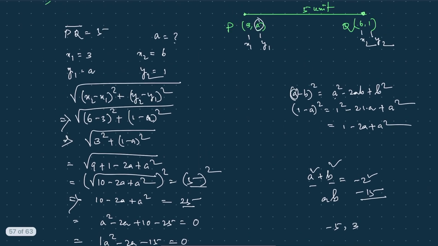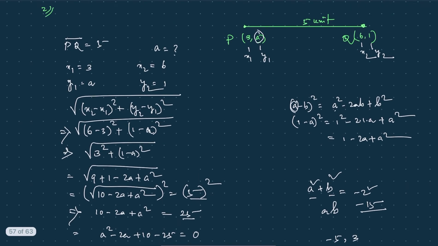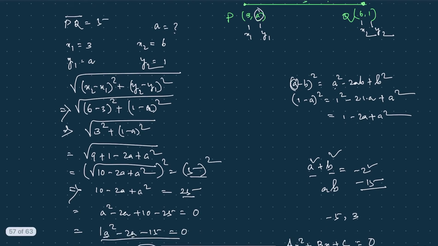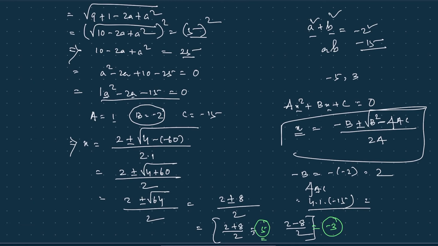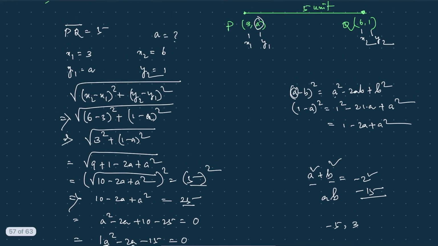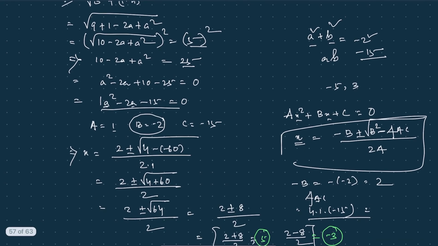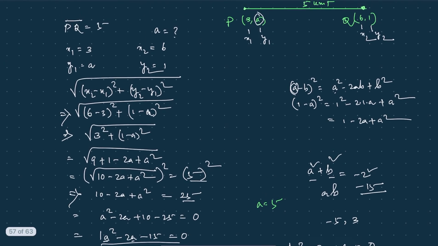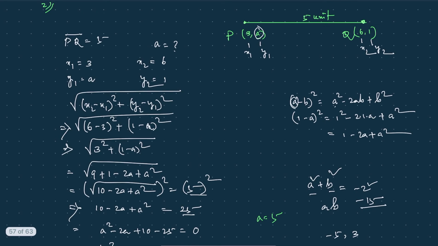Now don't forget what the value here is. We need to solve for a. So either a is equal to 5 or a is equal to minus 3. If I put a is equal to 5 here,